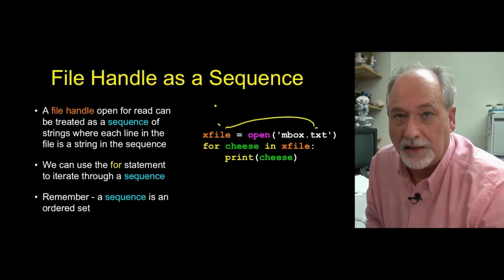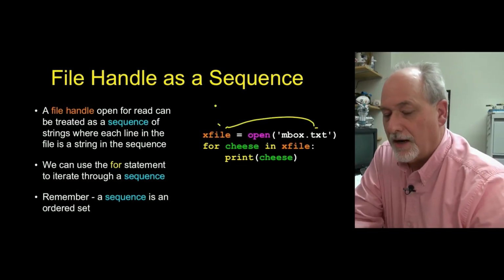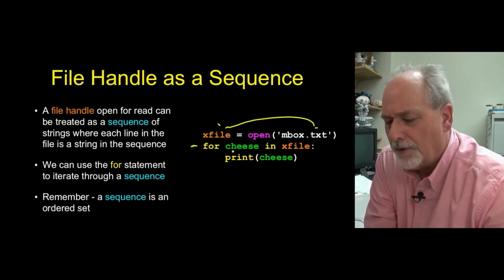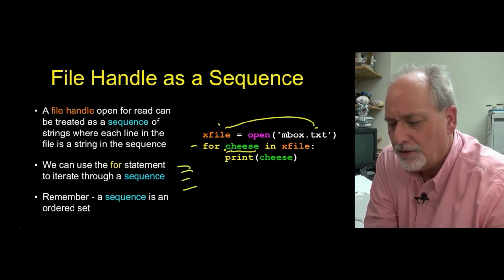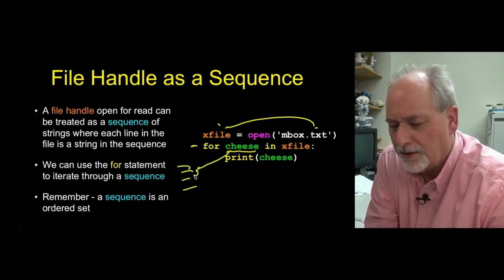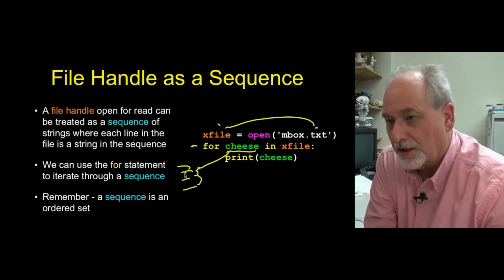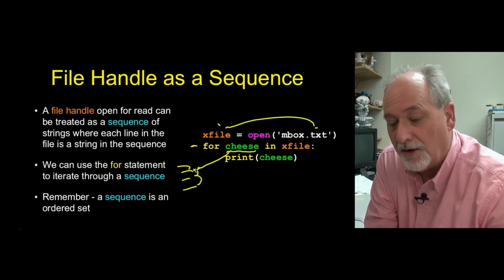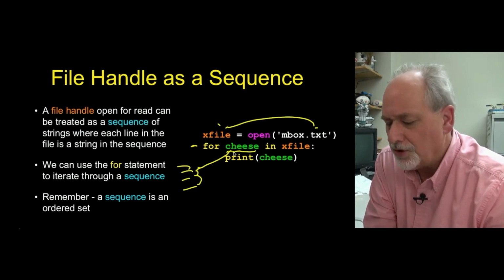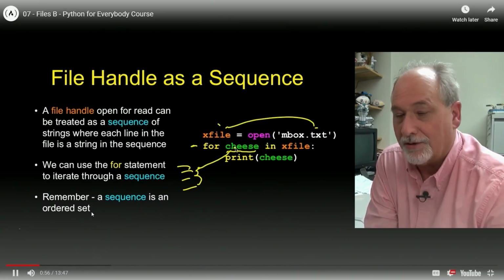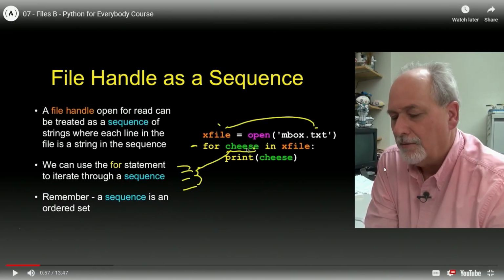Let's go. Simplest, most beautiful, elegant way to read all the lines in a file. We use the for loop, and we have an iteration variable. When we talk about the file, cheese is going to be the first line, then the second line, then the third line, then the fourth line. It's like going through a string, but you're going through a file now, and you're getting it line by line. So that's each line. I just picked a variable named cheese so you didn't get confused. Later, I'll call this line.